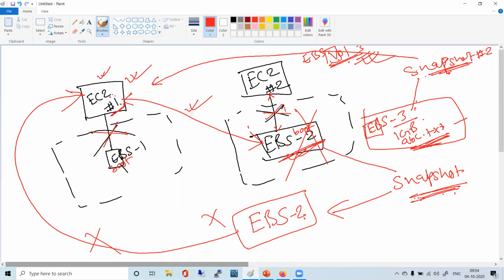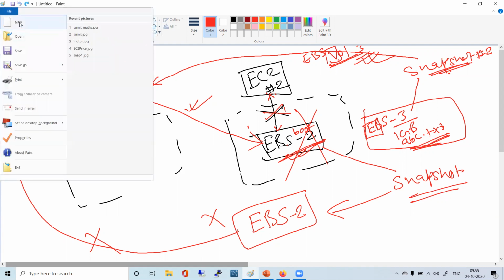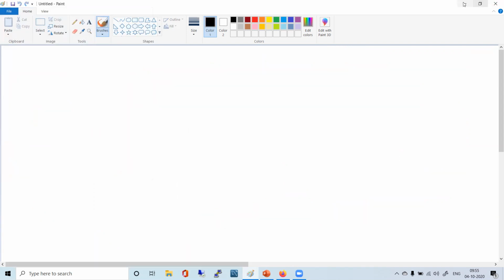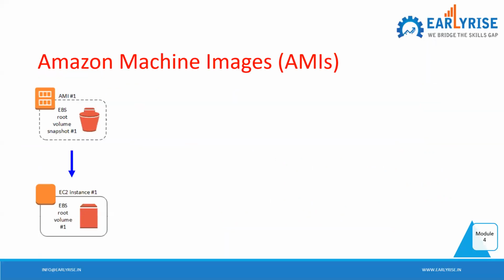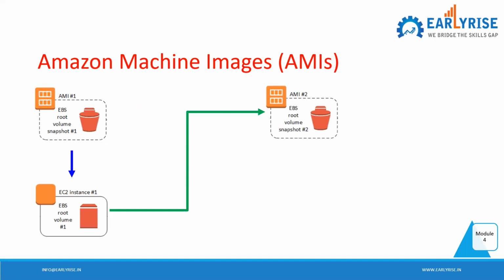But do not get confused between AMI and snapshot, because an AMI is something taken for a particular instance, and that instance can be created from the AMI. So this is how it works. From the AMI, you can